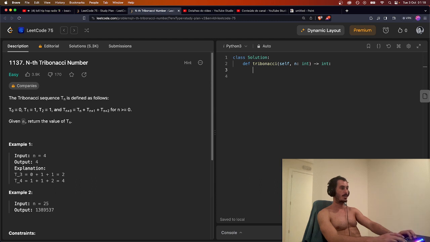So I guess we need to start with values equals 0, 1, 1, and then for i in range n. I don't think we even need i. So for something in range n, let's repeat n times, we can say that